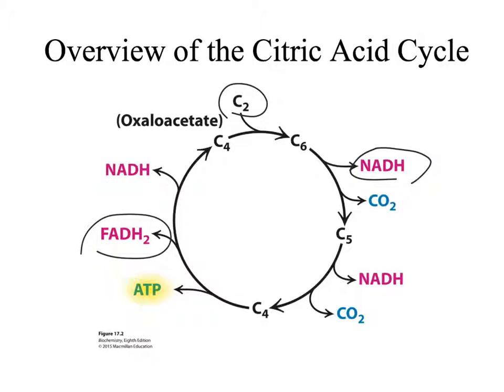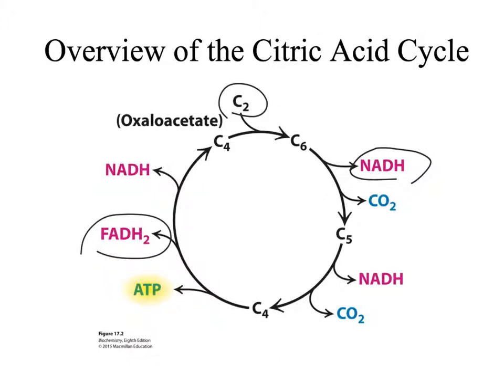That comes in and condenses with oxaloacetate, and it forms citrate. And then citrate is going to be subsequently oxidized through this process. And the high energy electrons will ultimately be used to reduce oxygen to water. In the process of this reduction, we're going to generate a proton gradient, and that proton gradient is used to